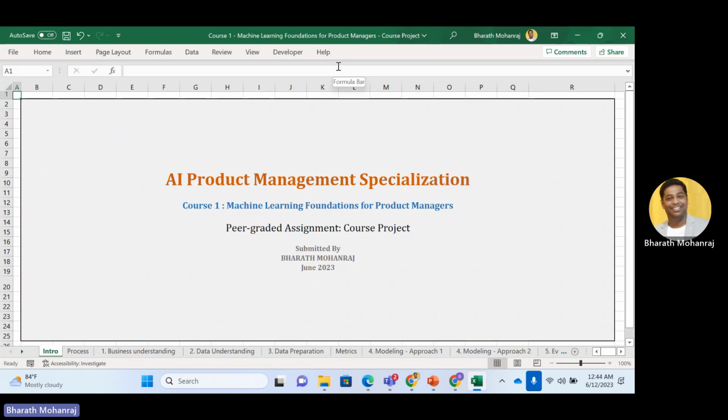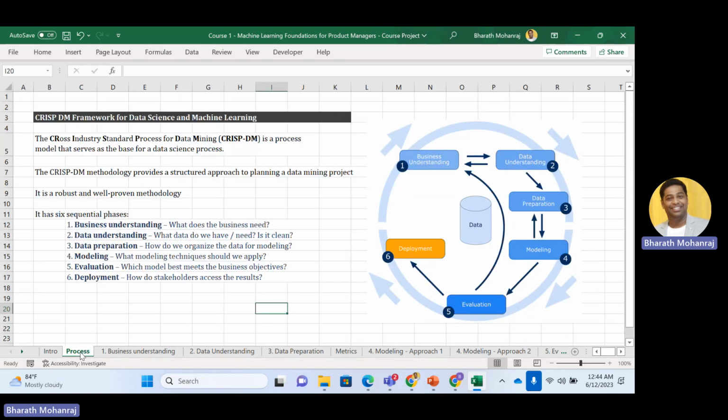Welcome to my peer graded assignment for the course Machine Learning Foundation for Product Managers. In this project, I'm going to follow the CRISP-DM framework, where I'll be going over the project work by following the 6 phases provided by the CRISP-DM framework, where I'll start with the business understanding phase, explaining the requirement here,